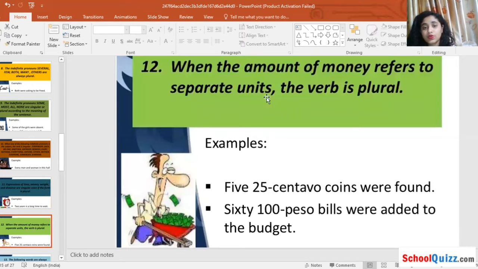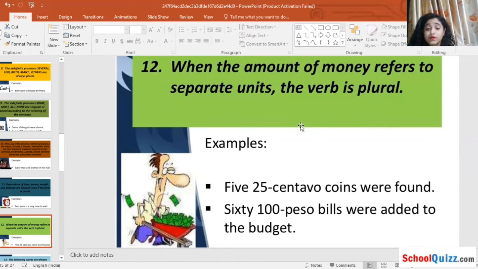Moving on to the next rule, when the amount of money is with separate units, the verb is plural. Okay. So amount of money is given over here. Remember, I said the money word is singular, but the value of money is plural. So here it is given that if the amount of money is given, it will be plural. Examples: